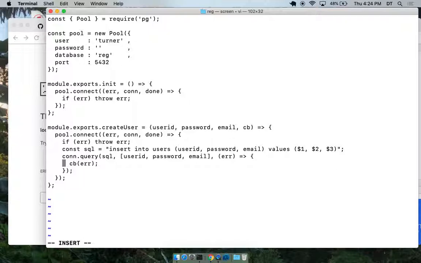It's already existing. So I think what we can do is look at this error. Let's look at the error. Let me look at this error.